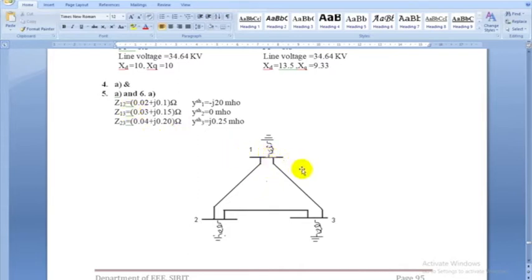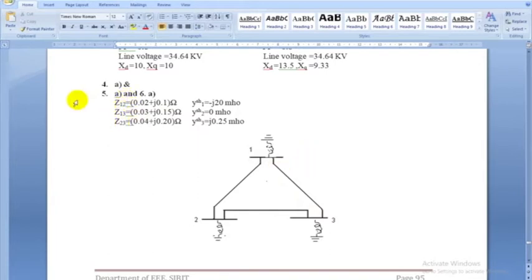The mutual admittance is nothing but the negative of the line admittance connected between the corresponding nodes. Example, between 1 and 3 only one element is connected. So take the negative of that. What is the impedance here? Z13, which is known. So take the reciprocal, that is minus 1 divided by Z13.